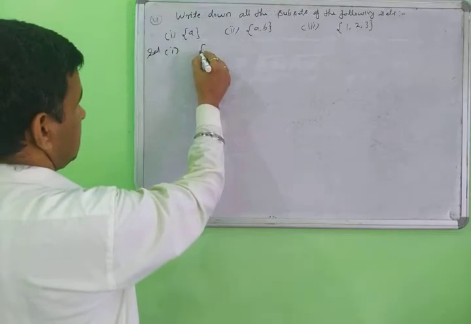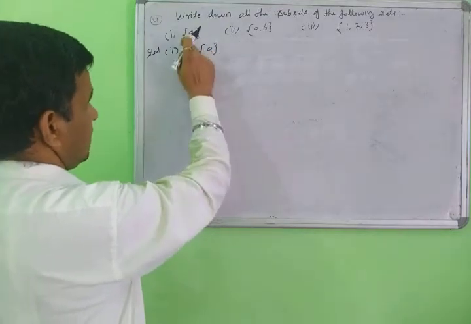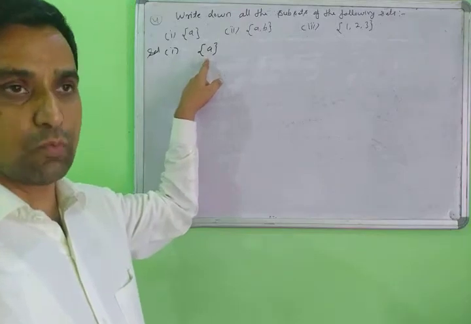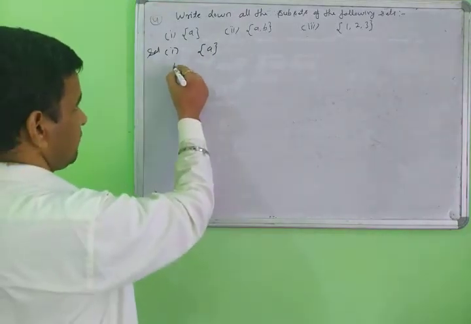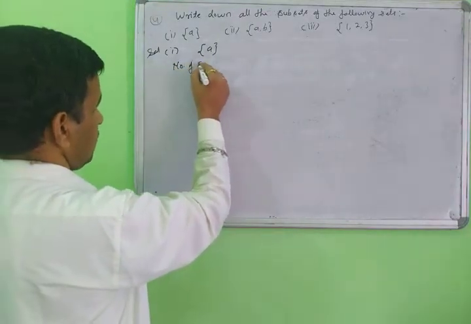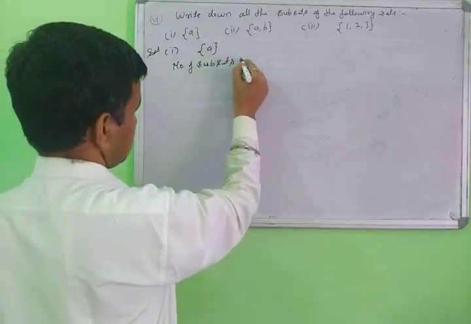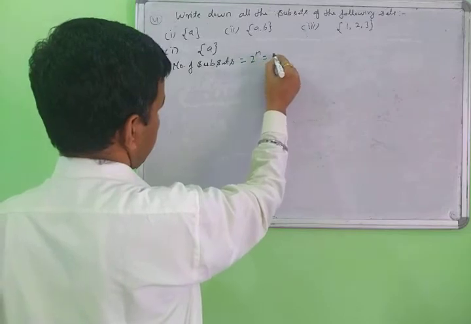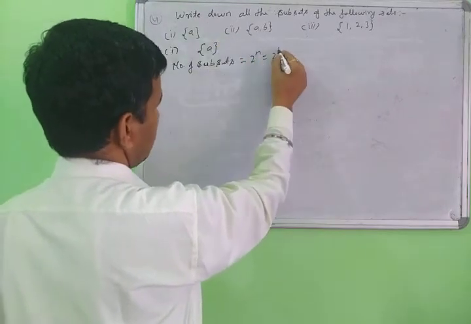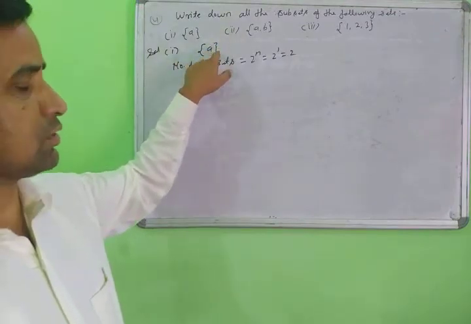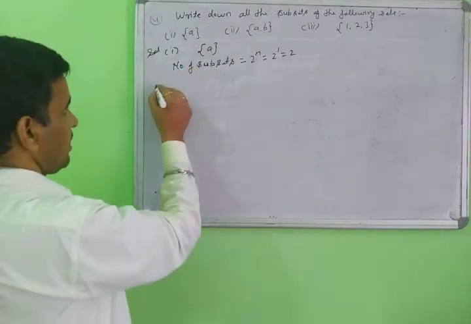First part. This is your first set. The number of elements in this set is 1. First you write the number of subsets equal to 2 exponent n. How many elements here? 1, so it is 2. The number of subsets of this set is equal to 2. The subsets are